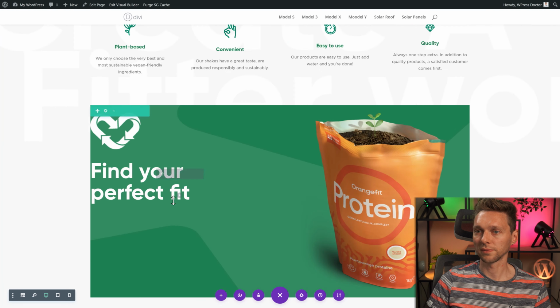Then we go to the spacing of this row. And we're going to make the padding on the left side 50 pixels over there. Well, let's give it 150 pixels and also on the right side. This looks almost exactly the same. Then on the top also 25 pixels. And at the bottom, let's make it bigger. Let's give it 100 pixels. Now it almost looks exactly the same.